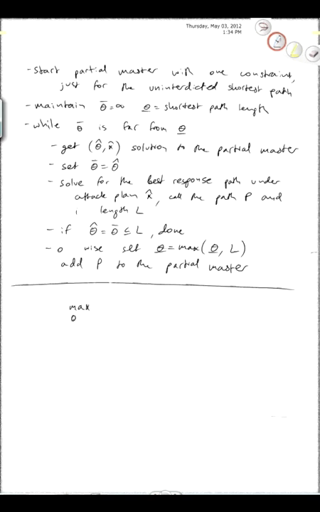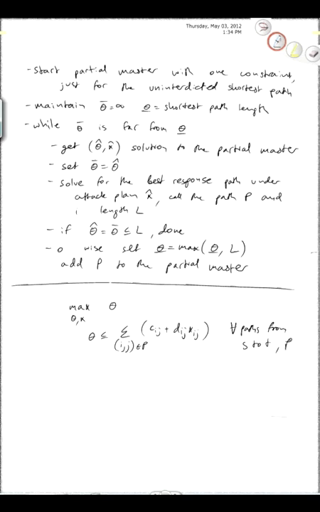We wanted to maximize over theta and x. We wanted to get theta to be as big as possible, and theta had to be less than or equal to the sum over ij in a path of cij plus dij xij. And this was for all paths from S to T,